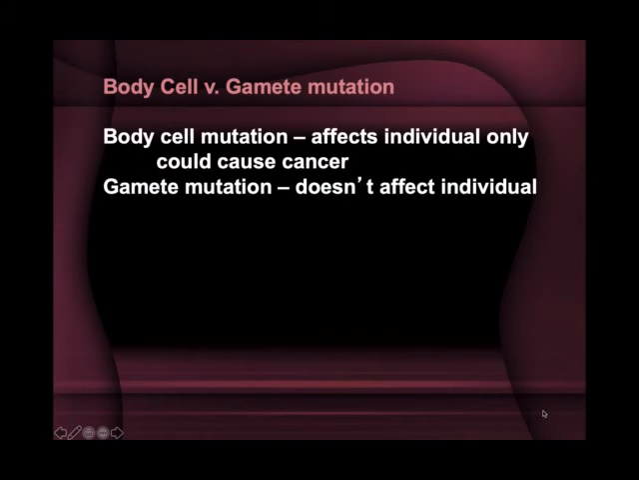A gamete mutation isn't going to affect the individual that is producing the gamete, because it's only a change in the gamete DNA. That has nothing to do with your skin cells or your liver cells or anything like that. However, because it's in the gamete DNA, if that change gets passed on to the offspring, every cell in the offspring is going to have that change. So when we're talking about triploidy, when we're talking about trisomy,